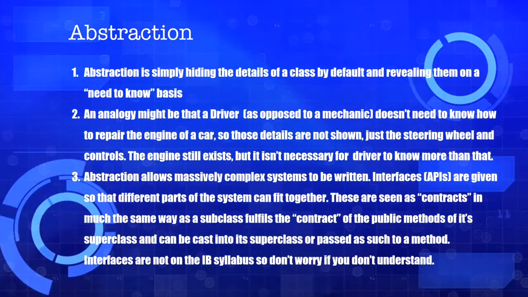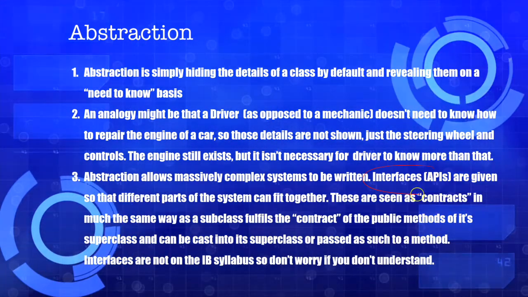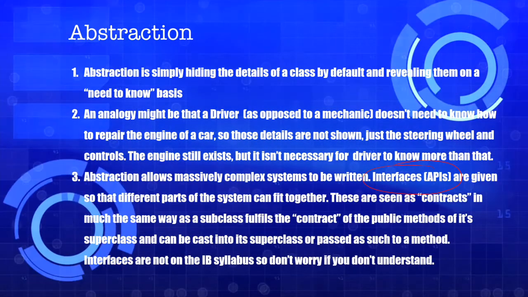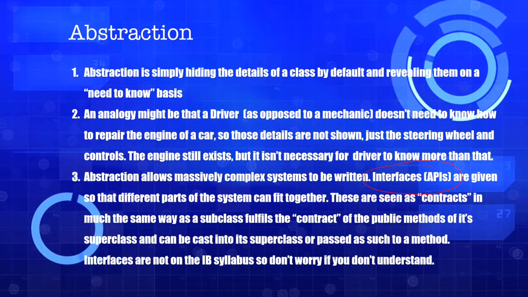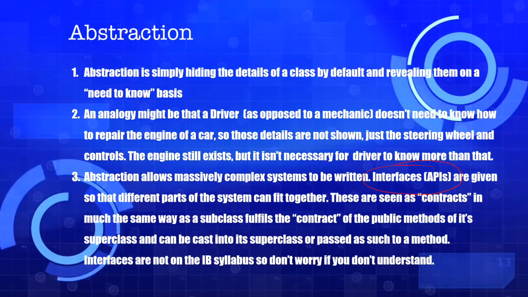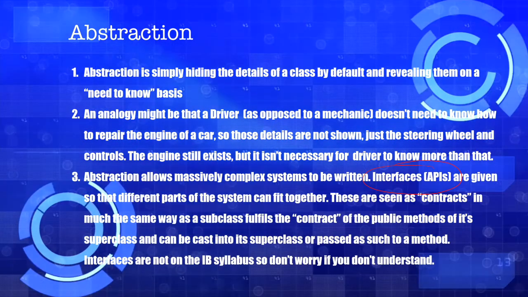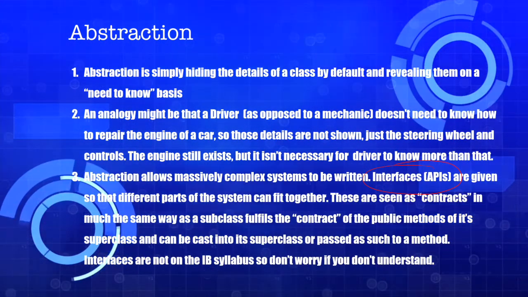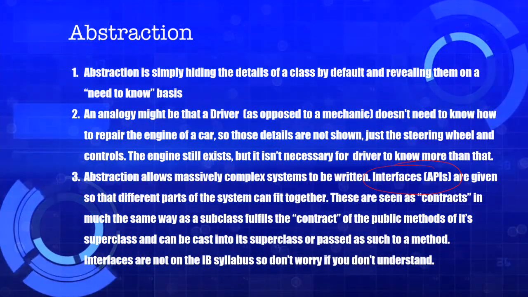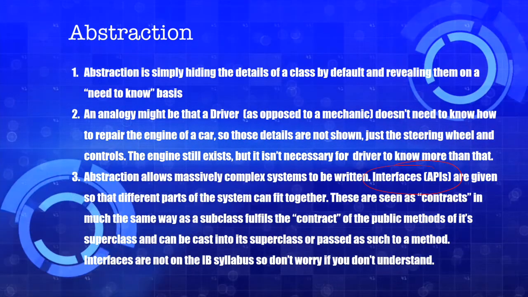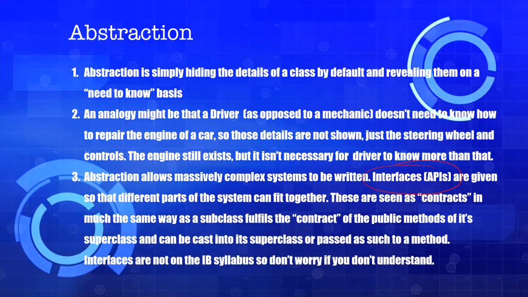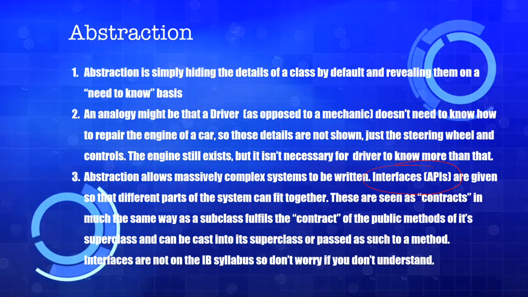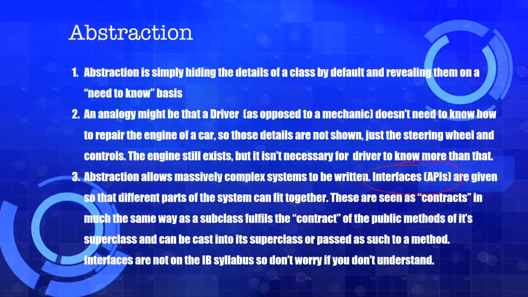Now the last point, I mentioned that interfaces, APIs, application programming interfaces, are kind of seen as contracts, if you know what I mean. Again, this is possibly a little outside the curriculum, but if you were to write an interface for something, it would consist of all of the public methods of your class, and if you implement an interface, which you may see in some code, it means that you have to create those methods and they have to conform exactly with the signatures of those methods.